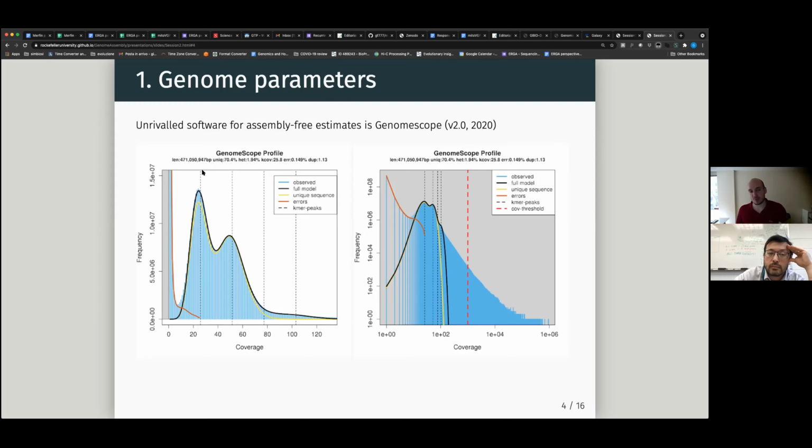You can also see GenomeScope tries to estimate these peaks. It's complicated because you have to imagine that this is the result of overlapping curves, so the peak doesn't necessarily correspond to the estimate of the real average haploid or diploid coverage. That's why it's a bit shifted. But in principle, they correspond